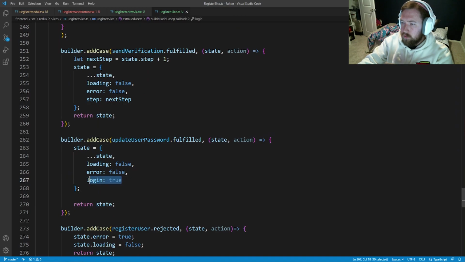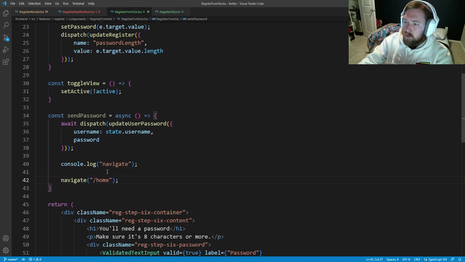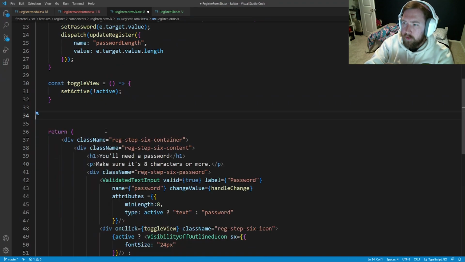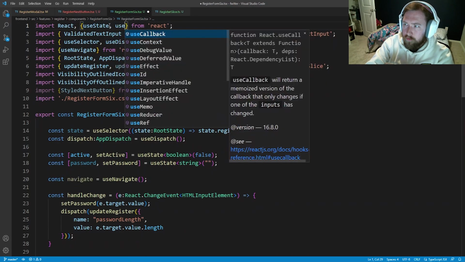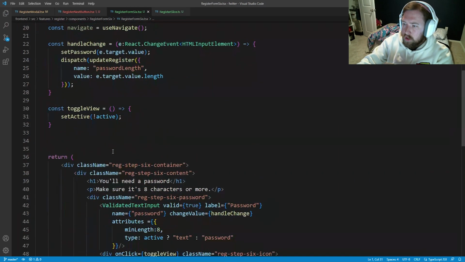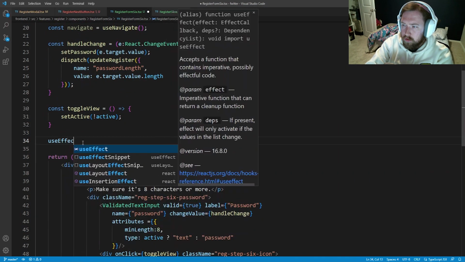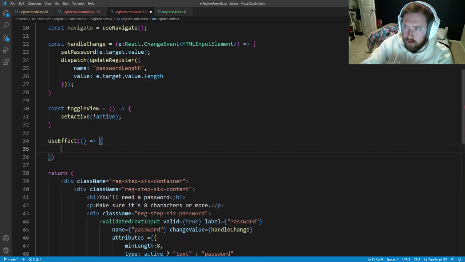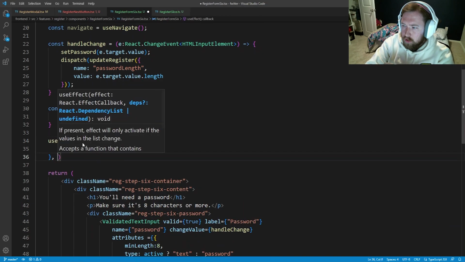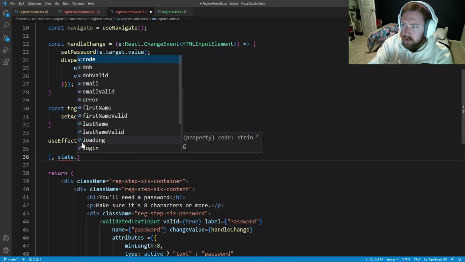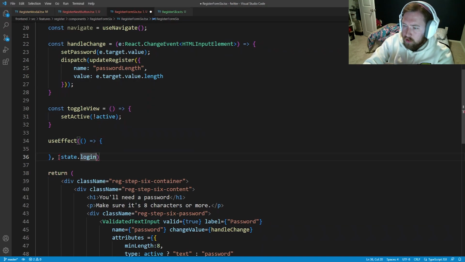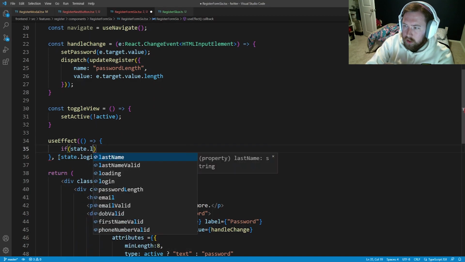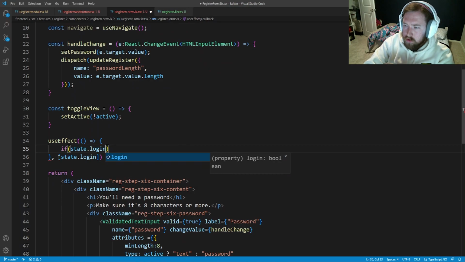So we'll go here, we'll set login true. And then what we'll do instead of navigating home in here, we'll have a useEffect. So we'll say, do we have useEffect in here? We don't. So we'll say useEffect, like so. And instead, we'll say useEffect, which watches state.login, right? So we'll watch state.login, and whenever state.login changes, so if this is true,